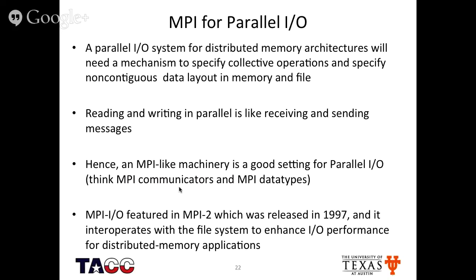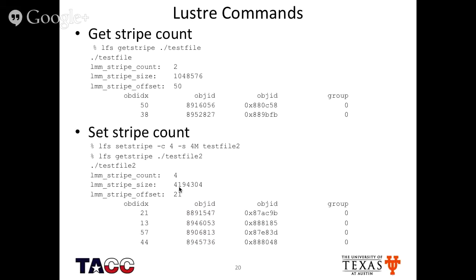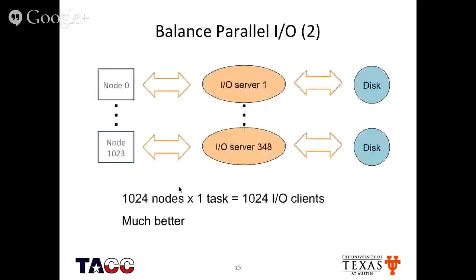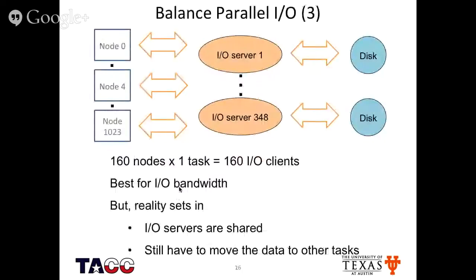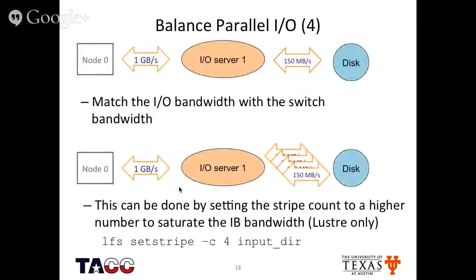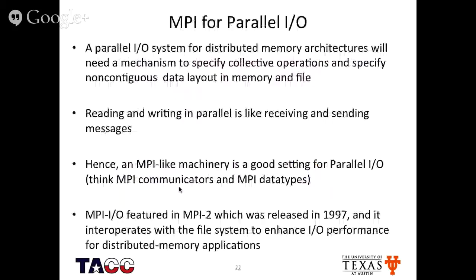Now, if you remember one of the slides early on, balancing I/O, I think I was mentioning that, like here, with this diagram, it's good to reduce 1024 clients down to 160 clients for the I/O, but can you do any better, right? So of course you can do that, and there's a way which is called data sieving, in which what you do is,